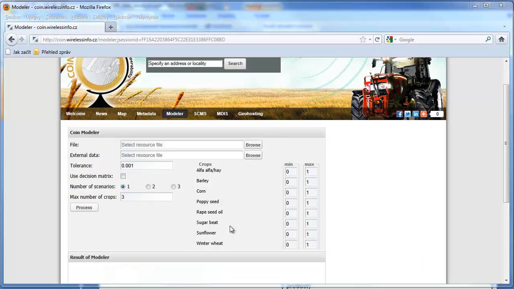The Tactical Production Planning module was designed for solving problems in which we suppose that a farmer has number of fields and he would like to choose optimal product and optimal production method for each of the fields.